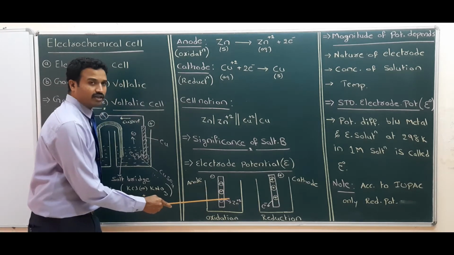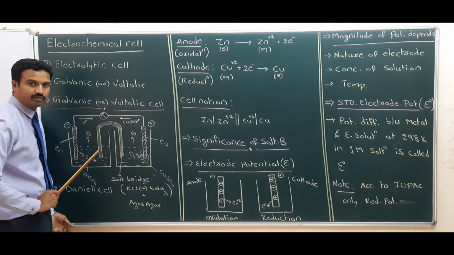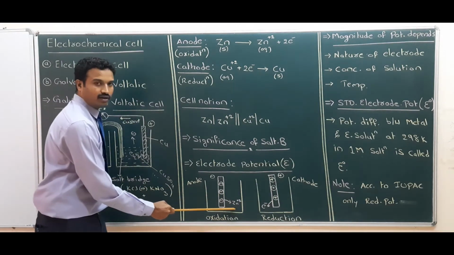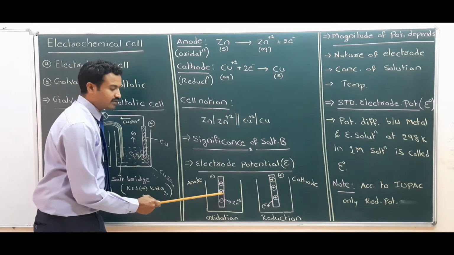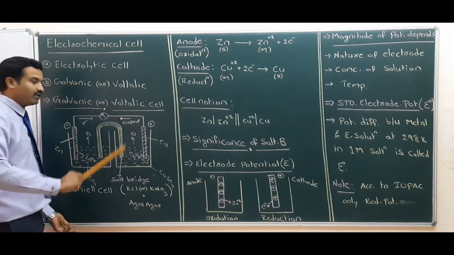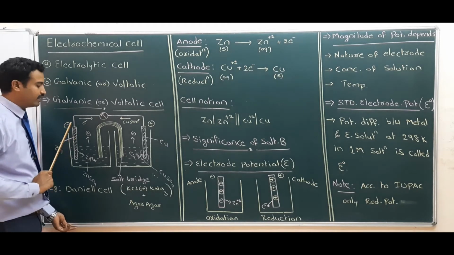Here Zn plus 2 ions are released. If Zn plus 2 ions are released, it means positive ions are decreasing from the metal rod and the negative charge, the electrons, are dominating. So this electrode will get the negative charge. That's why in a galvanic cell the anode gets the negative charge.